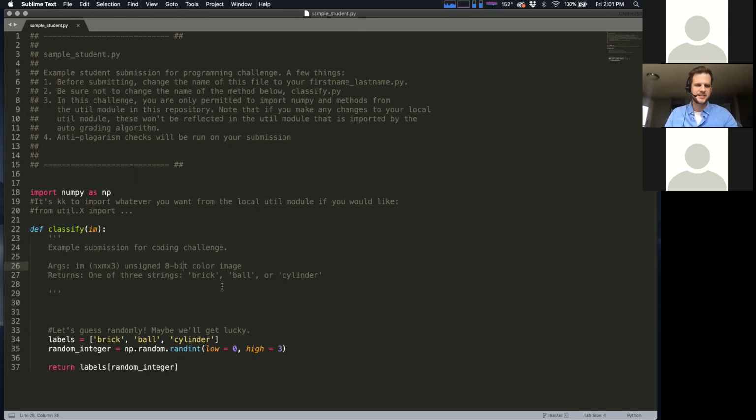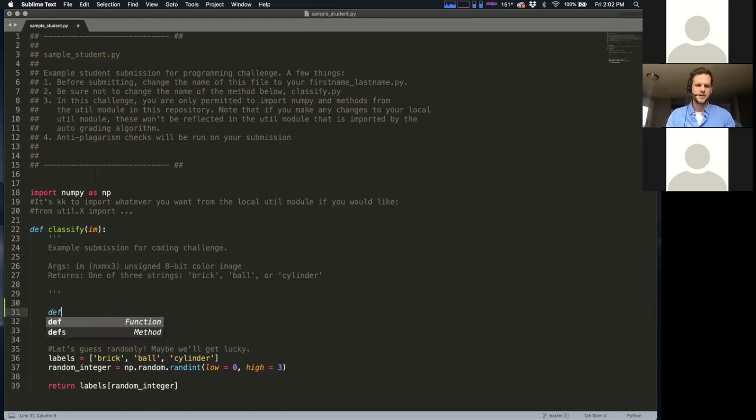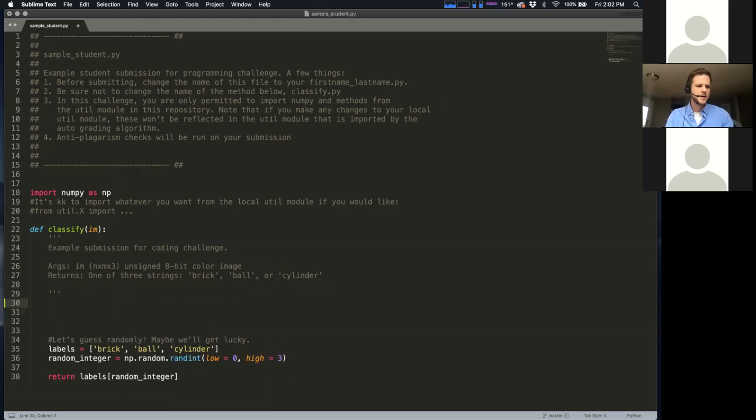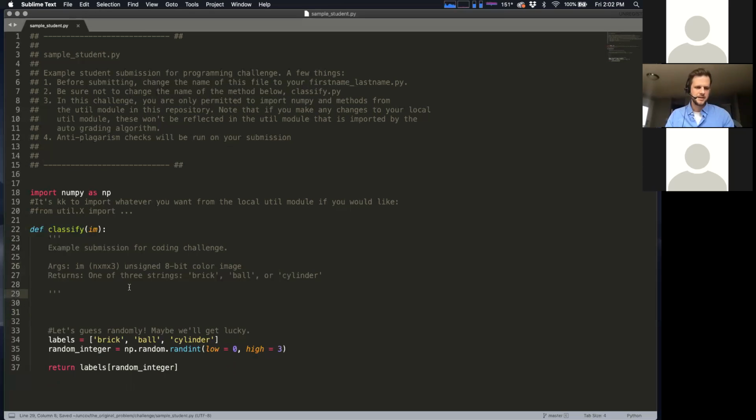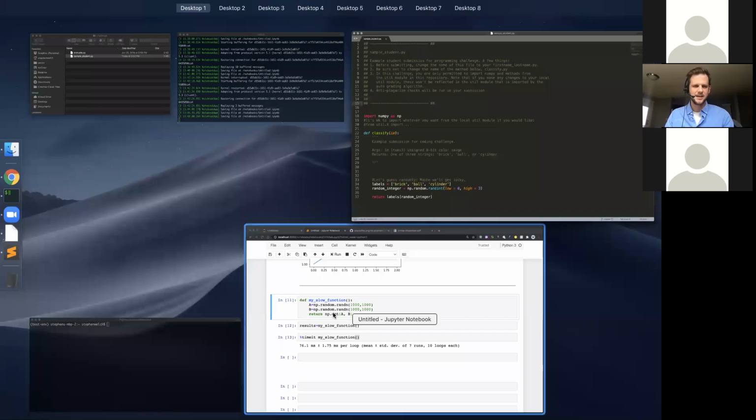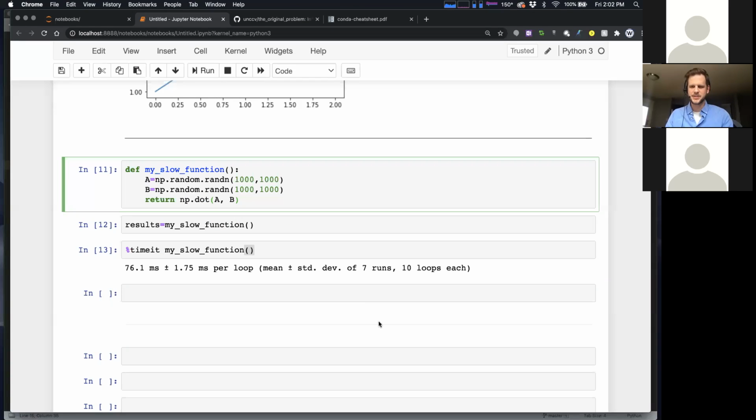You can even use a text editor. But after you figure out what code works, you'll put your code here, right? Usually after working in the notebook for a while, you'll know what your code is. And in this case, for this programming challenge, you'll actually submit to us a .py file, just a script basically, instead of a Jupyter notebook. Hopefully that makes sense. Okay, what other questions can I answer?